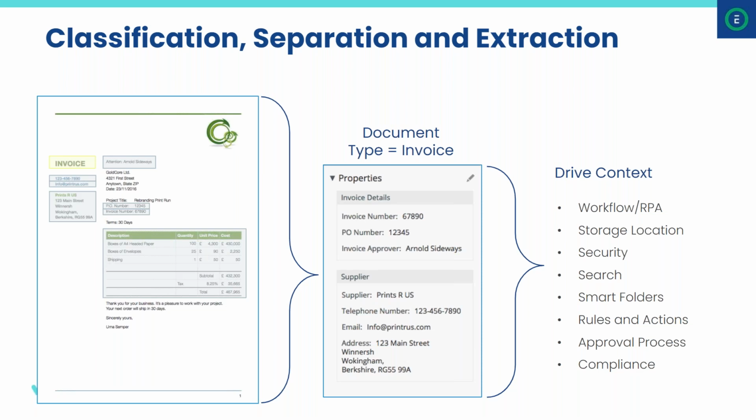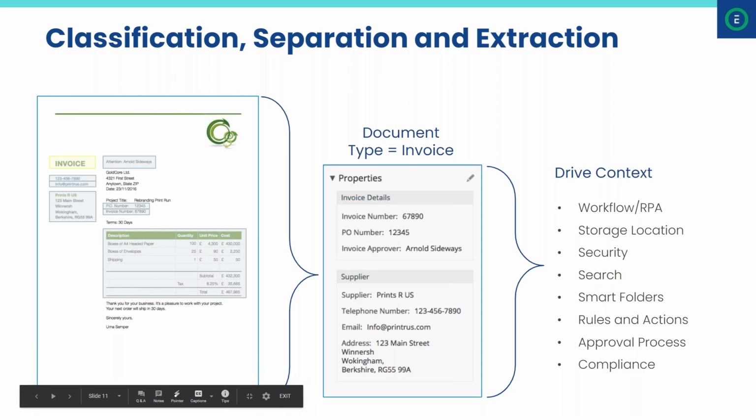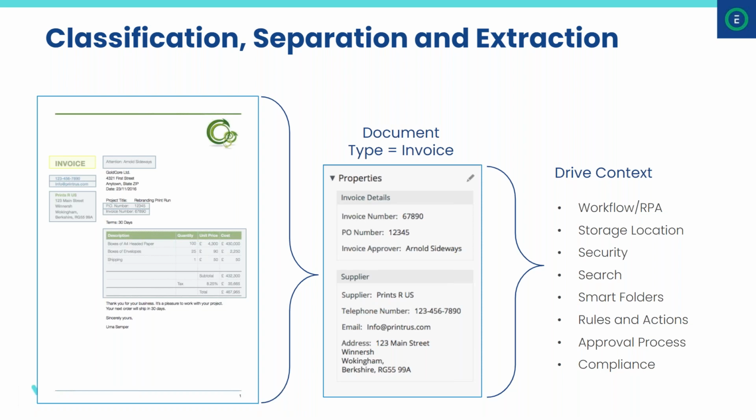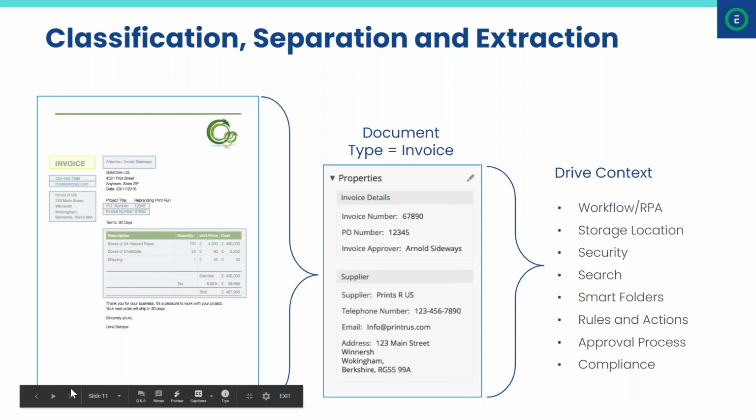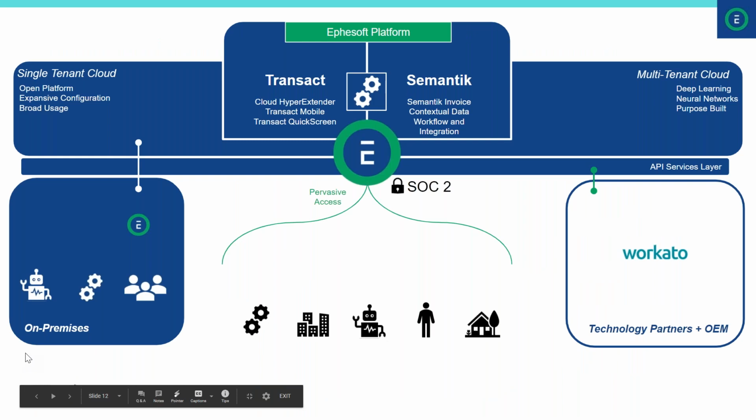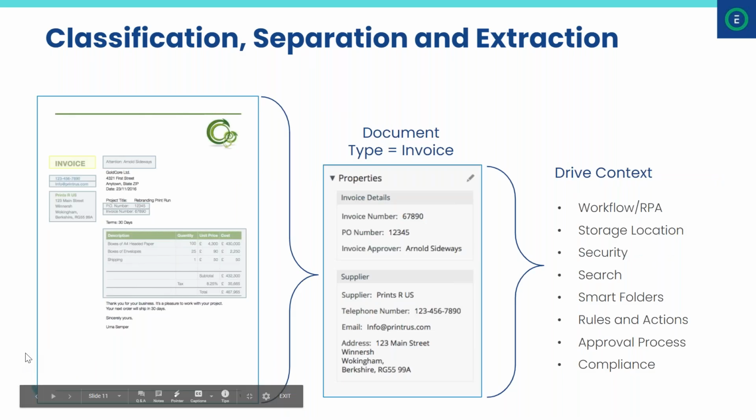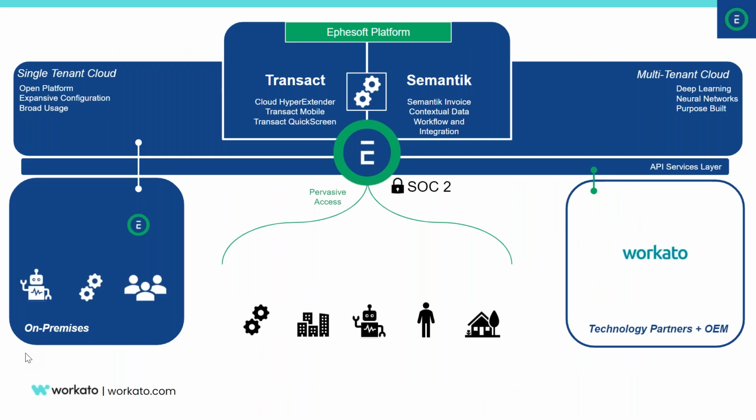And then we apply either an AI model or a rule set to that particular document to go and extract data that's pertinent or important to that document, that dark data that Tridi was talking about. So in this example, we'll extract the invoice details, and then we can pass that to a platform like Workato and drive context within workflows and integrations. Next slide's fine, Chris.